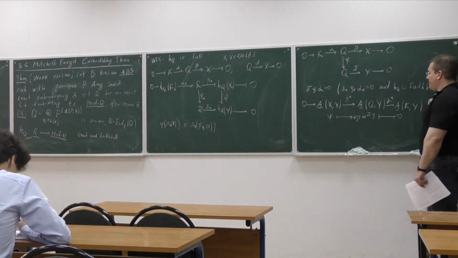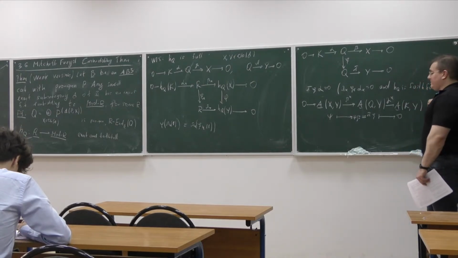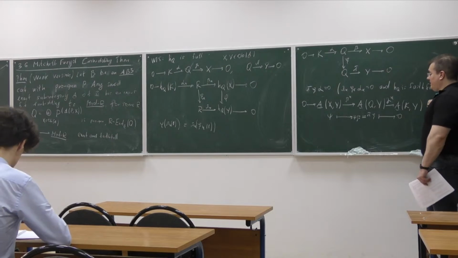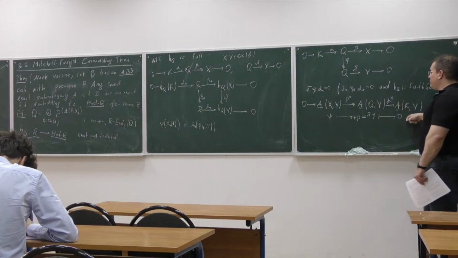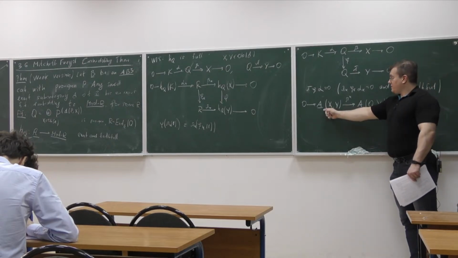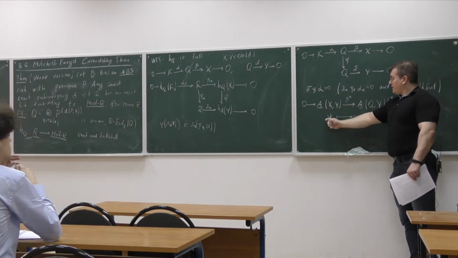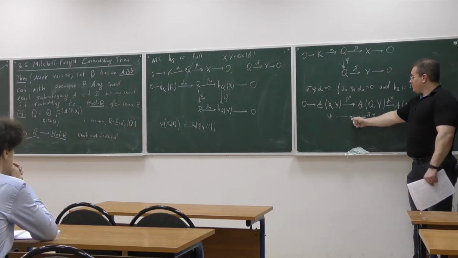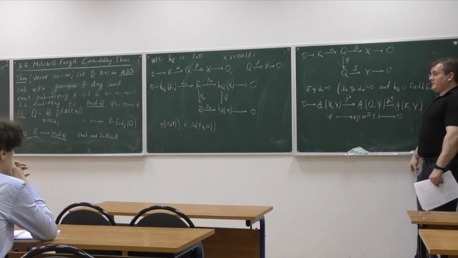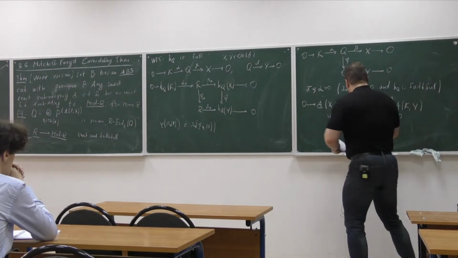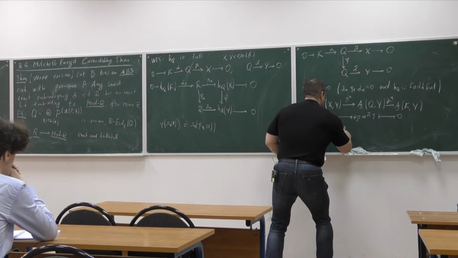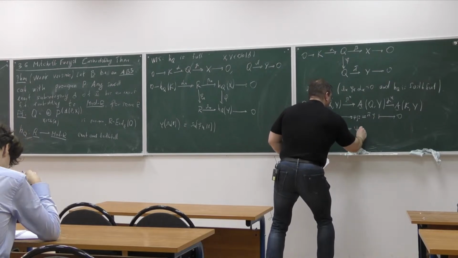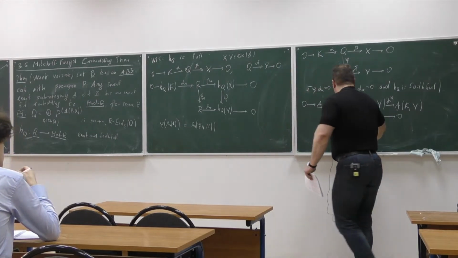Okay, so this is by the exactness of this sequence. I take an element, this element is mapped to 0, hence it comes from some element here. I call this psi. So psi is mapped to the composition of psi and beta, which is P and C. Okay, so the claim is that phi is actually psi lower star.